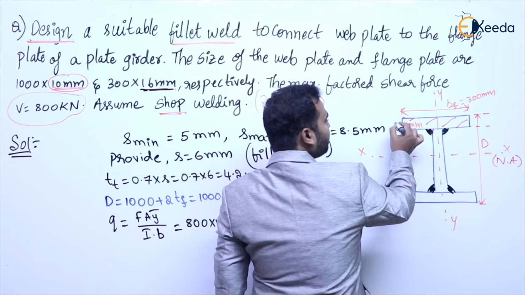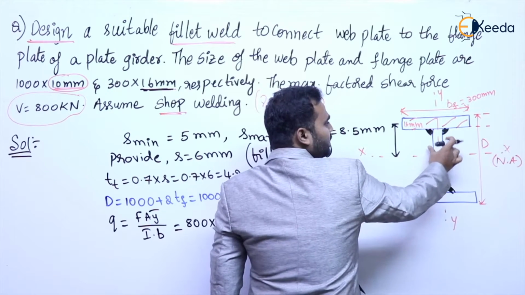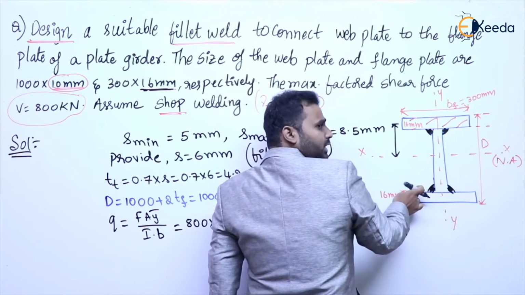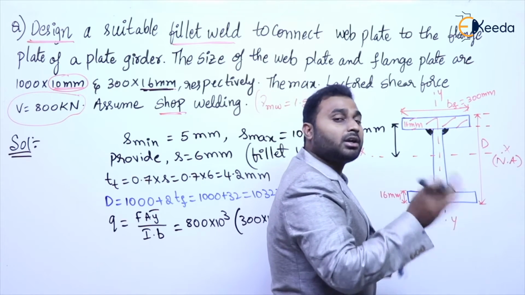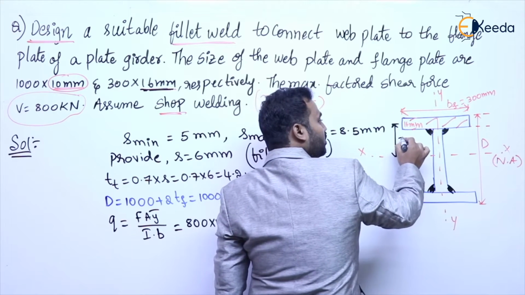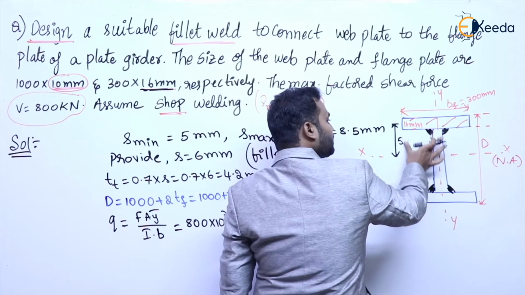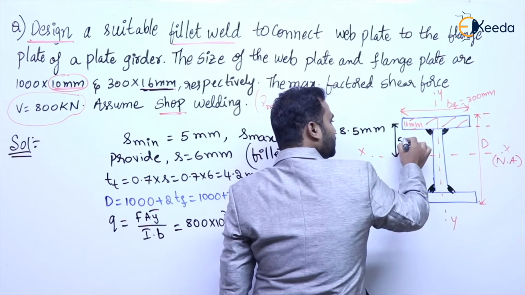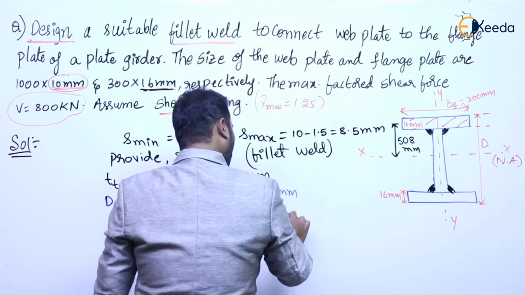Okay, the CG of this area from the neutral axis. Half of the web depth is 500, so the total is 1000, meaning the depth of the web is 1000. In that, half is 500 and half of 16 is 8. So the total is 508 mm. That is the A y bar